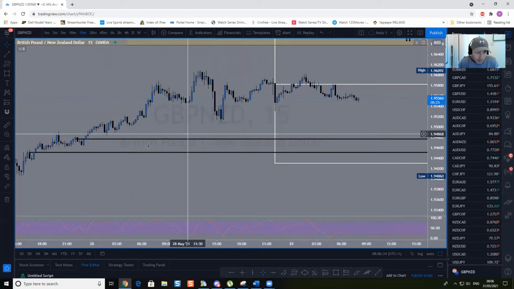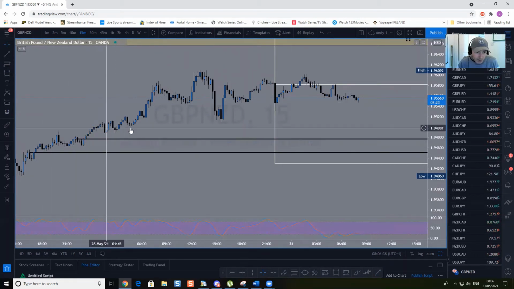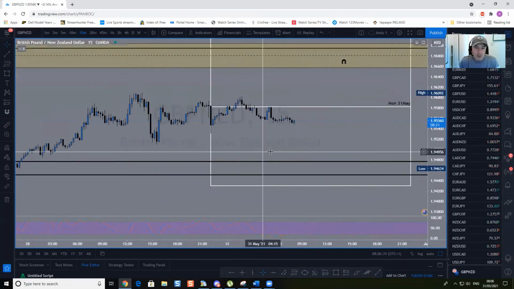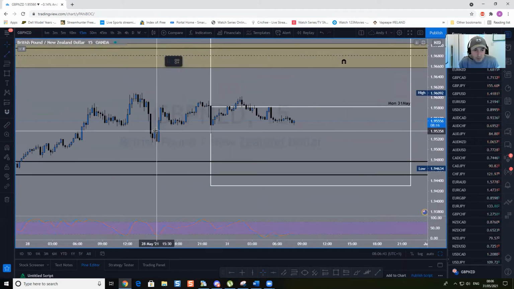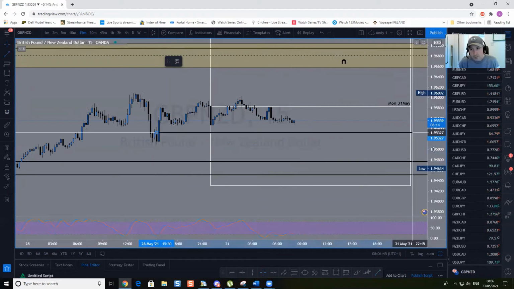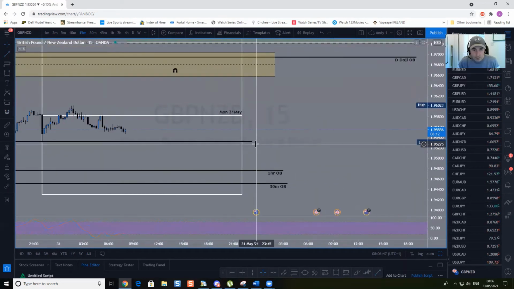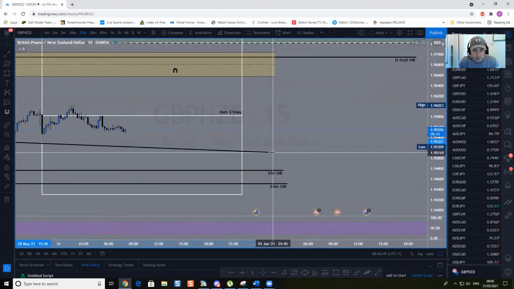Last down before the up. This is kind of arranging. So yeah, maybe this one. We'll put this one in because this is a 15-minute order block. 15-minute order block. Let's move him across. So now you're starting to see